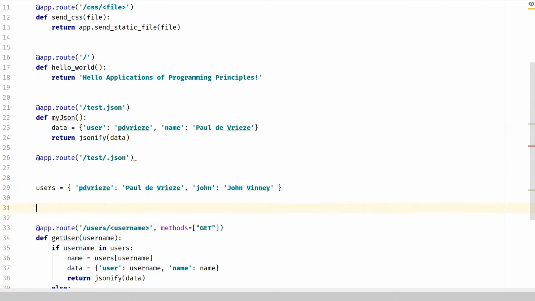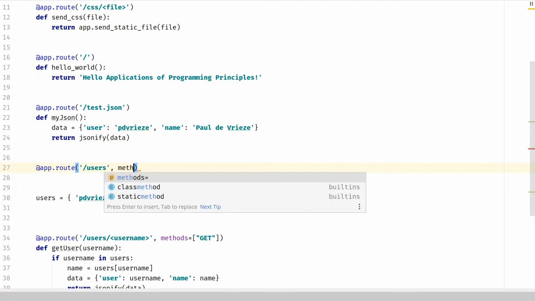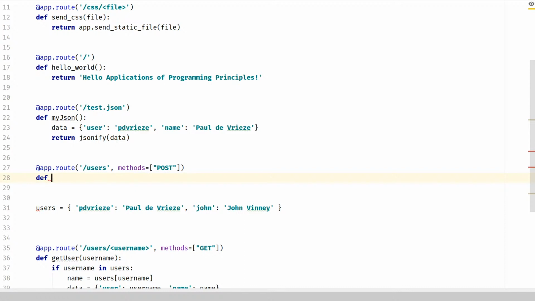So maybe we want to be able to create a user. So what we want to do is users, and this one might be methods equals post. Yes, completion is really helpful there. So okay, yes, so dev create or set user, and we might want to